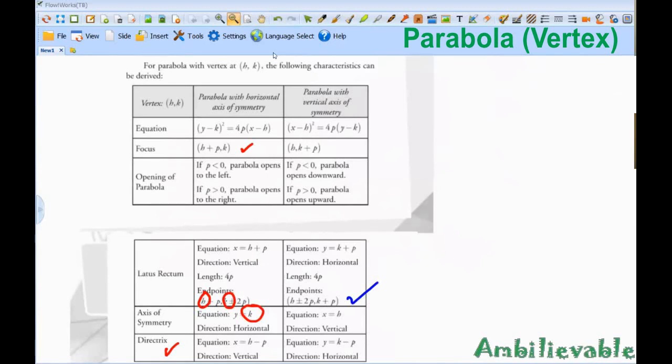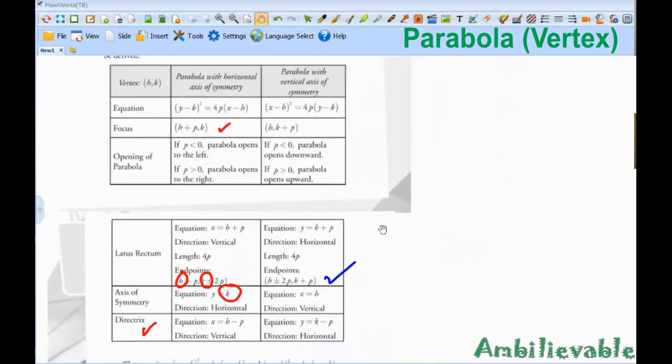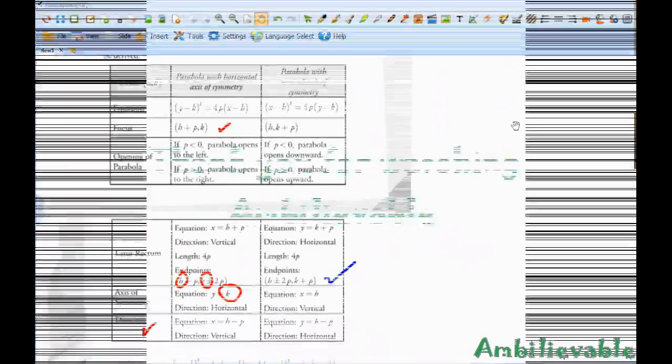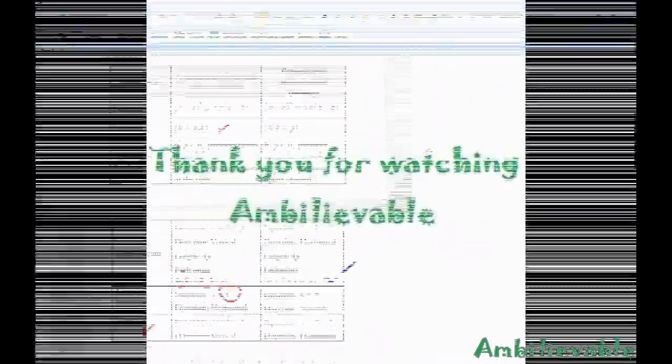You can take a picture. Anyway, you have this one on your ebooks. You can grab it on your